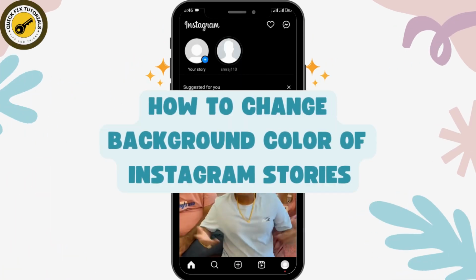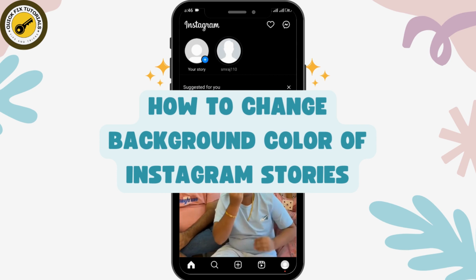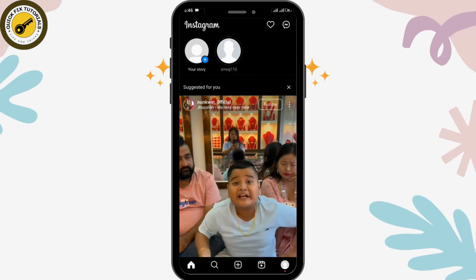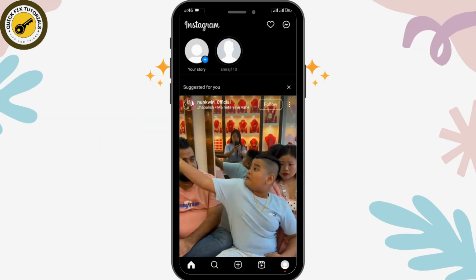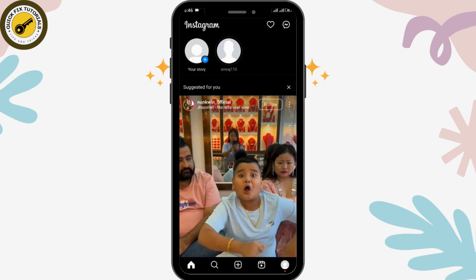How to change the background color of Instagram stories on your Android phone. So if you want to change the background color of your Instagram stories on your Android device, then this video